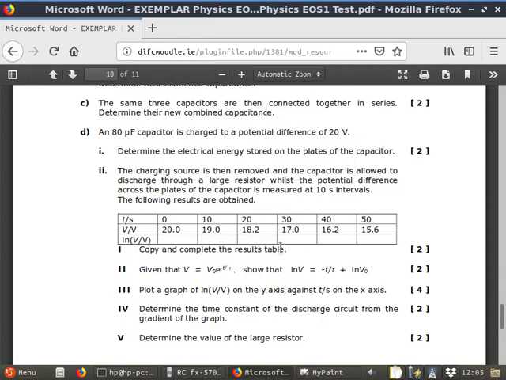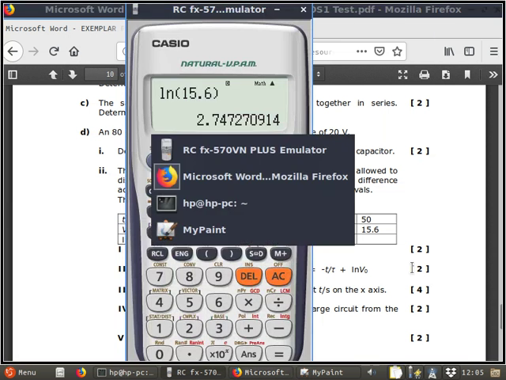That's 2 marks. The next one is the proof. Do you remember the proof that takes you from V to log V? It's only 2 marks. We still have to do it though. So this is part